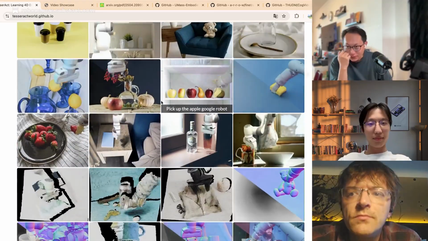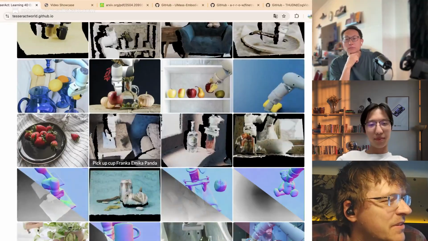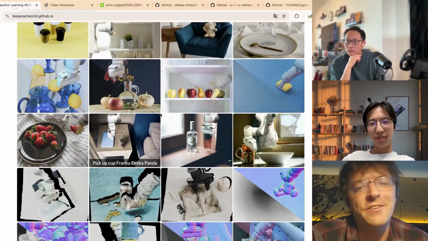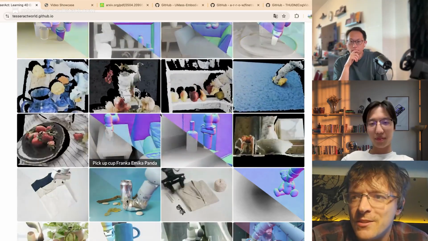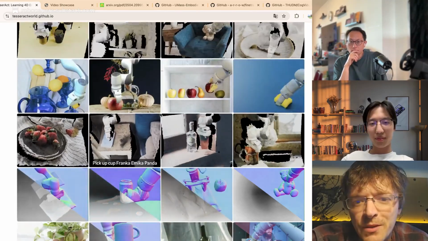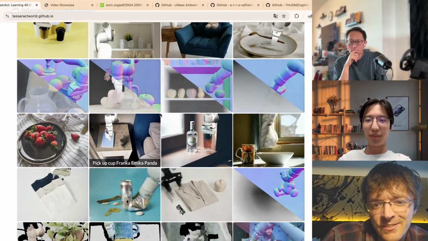Sorry, Chris, you had a question? Less of a question than a comment. It seems like the difference is if you wanted to generate robot training data or something like that. We've seen that suggested. It sounds like this approach with diffusion models would be much better because it's higher quality rendering. Does that sound right?